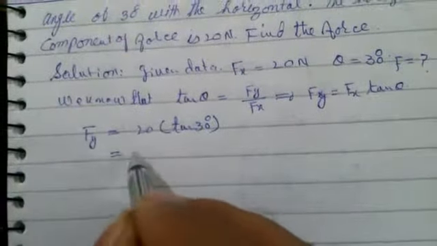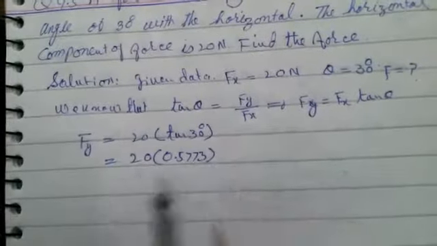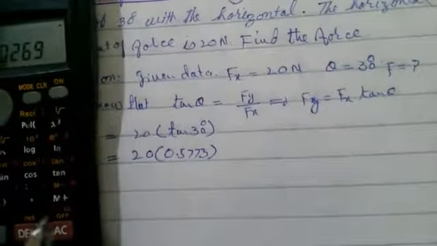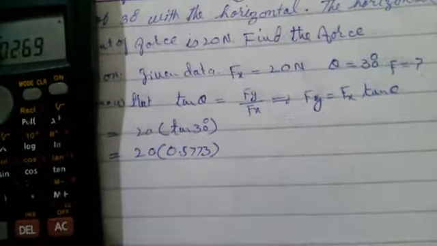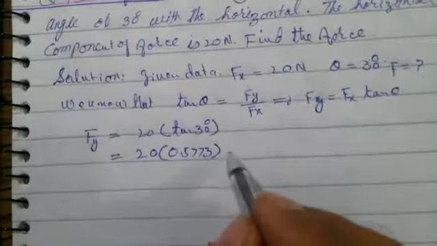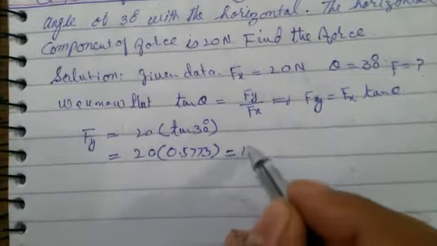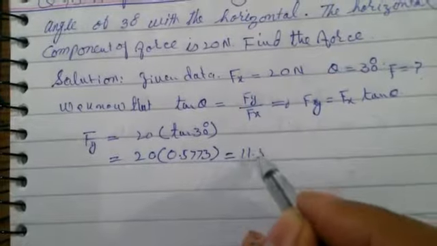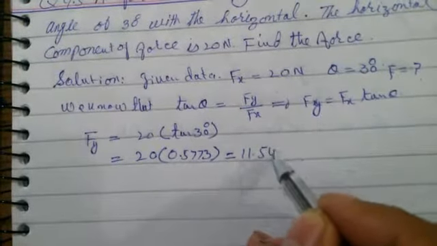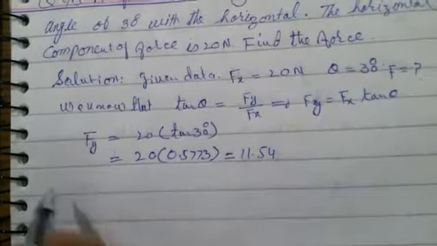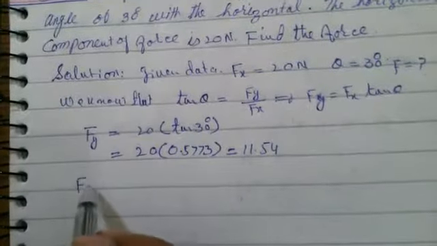This is equal to 20 into 0.5773, which is equal to 11.54. Now F is equal to